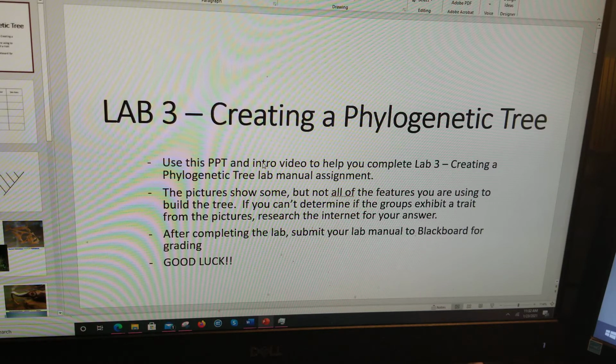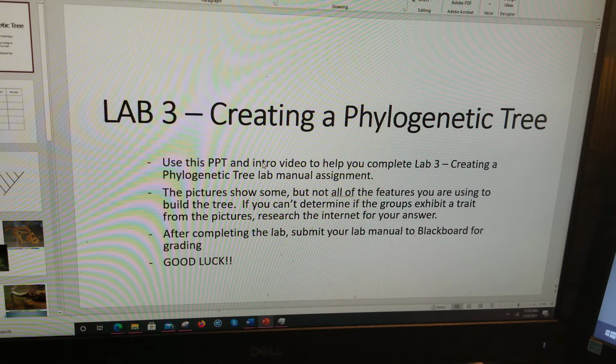So lab number 3 requires you to create a phylogenetic tree. I'm not going to go into details regarding the parts of a phylogenetic tree and this other information that you could find both in your textbook and in the introductory portion of your lab manual. But instead, I'm going to model an activity that will help you to create your phylogenetic tree for this laboratory. Okay, so first we're beginning with